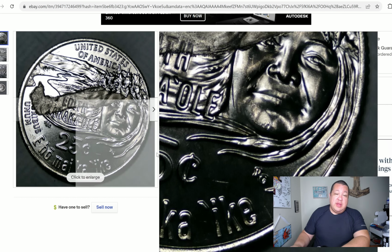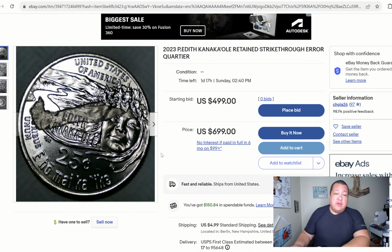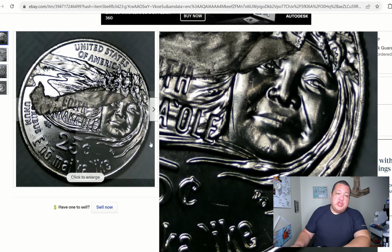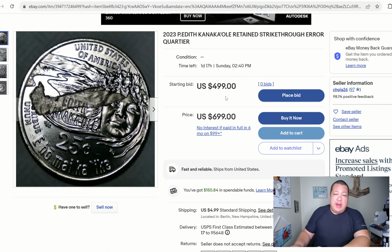And this is kind of like one of the bigger errors that we've seen, aside from the extra V 2023 Lincoln cents, which, by the way, for you folks there on the northeast end of the country, these are being found in New York State. All right, while the strike throughs can be anywhere again from like New Hampshire and Vermont and a few of those other states there in that general vicinity, you should be looking out for these